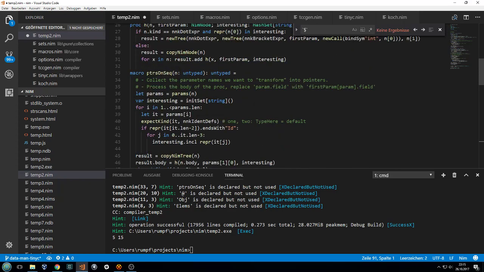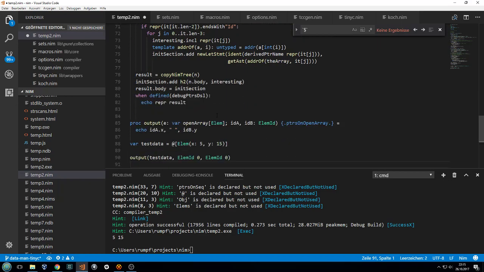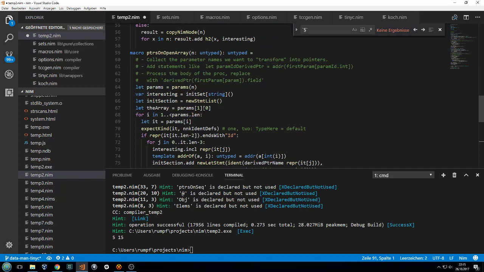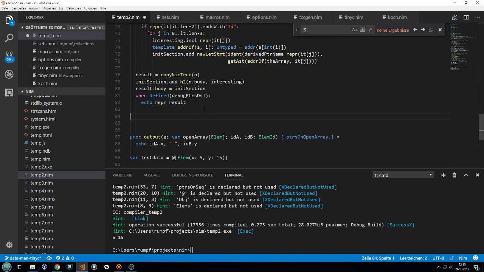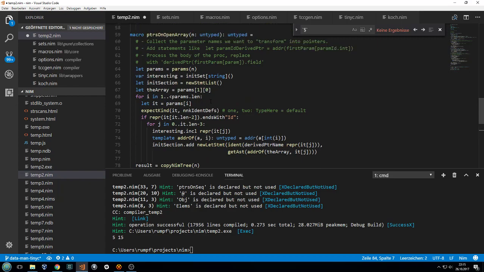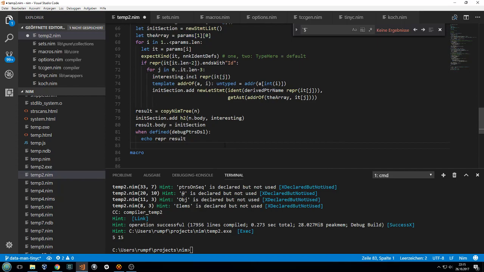Okay, so we have both implementations, and I think yes. So all we need to do is to look at this array here in order to decide